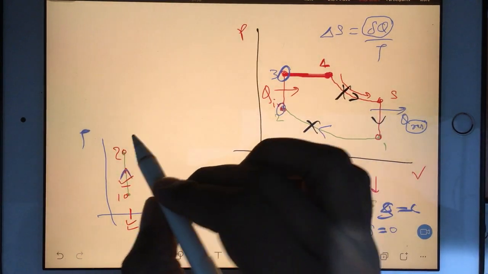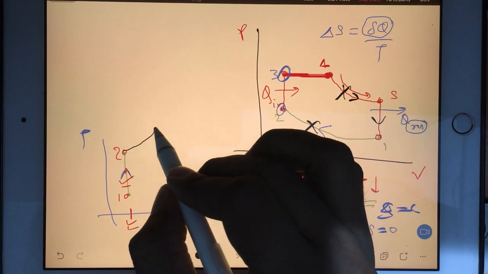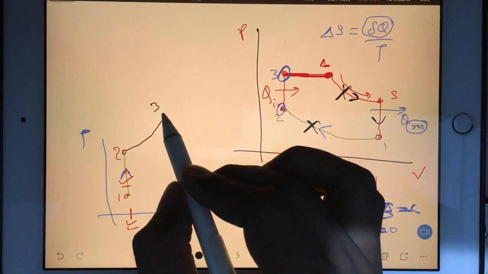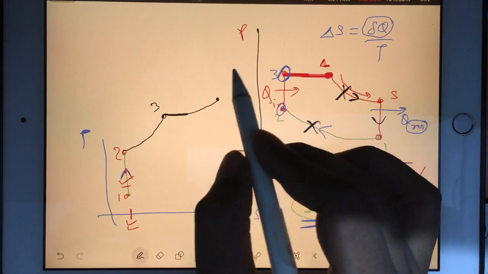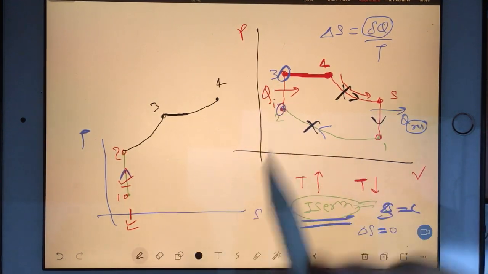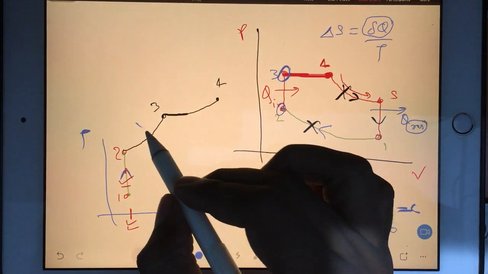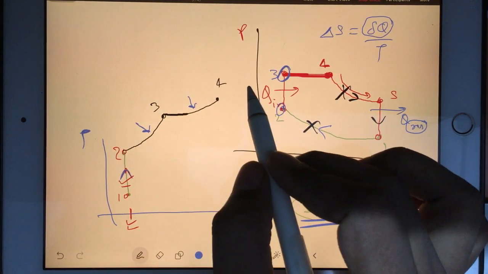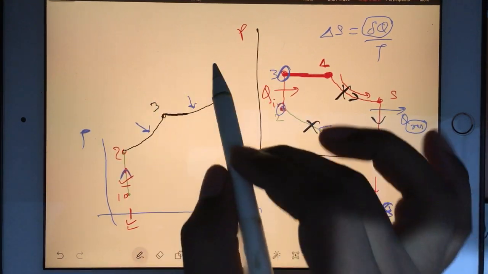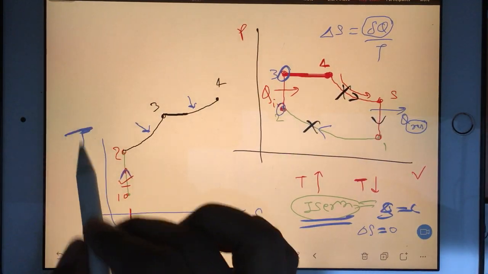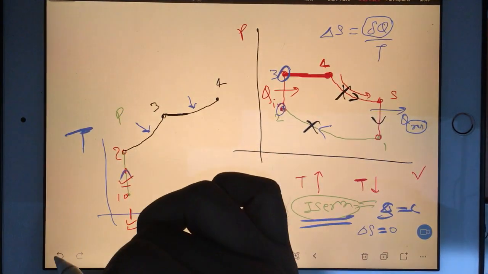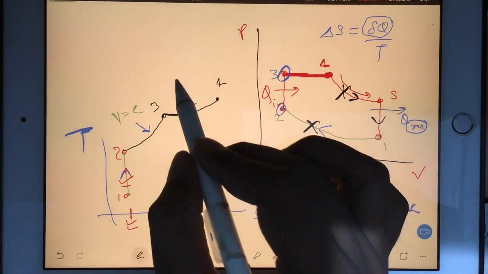See, the constant volume line you will draw like this. So you are reaching 3, and from here the constant pressure line you will draw like this. So you will reach from 3 to 4. How will you know this is constant volume and this is constant pressure? This is again the fundamental: how to draw constant volume and constant pressure on a TS diagram. So this is your volume constant and this is your pressure constant.